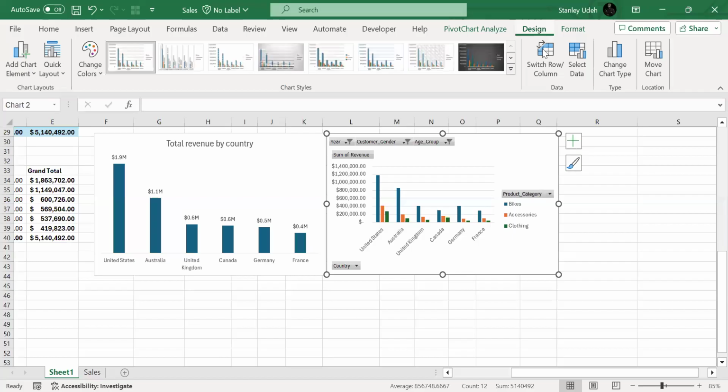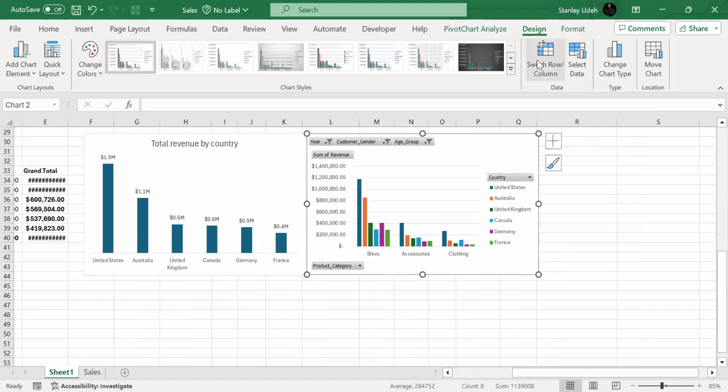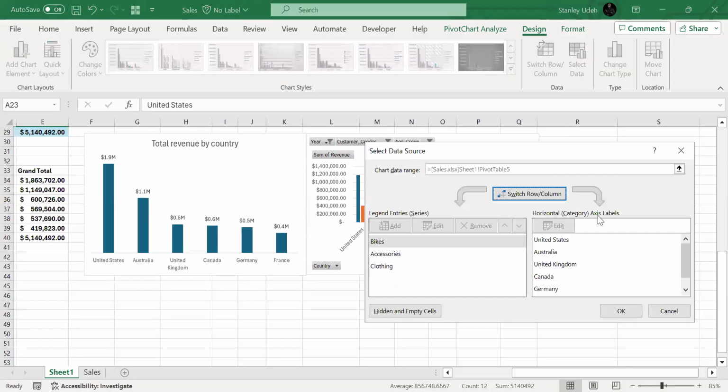So I'll go to design. Under design, you will see select data. You will see switch row and column. I will use this opportunity to just tell us what they mean. Click on switch row and column. What was on the row becomes the column, and vice versa. What was on the column becomes the row. So in case I want to visualize my data in this way, I'm able to do that. So I can see for each country based on product category. But my interest is to replicate what is here, which is the total revenue by country across all of the products. So I'll just switch it back here. Then I come back to